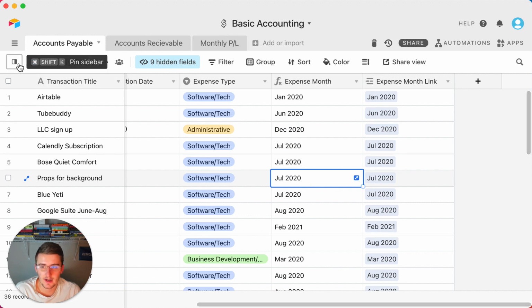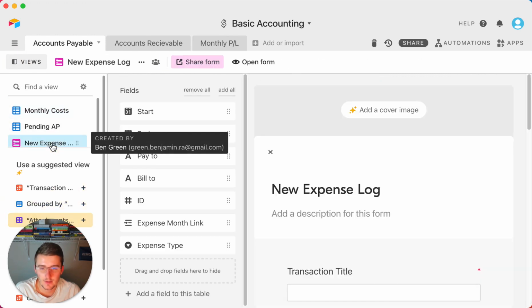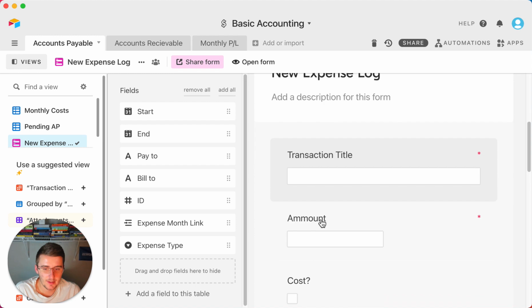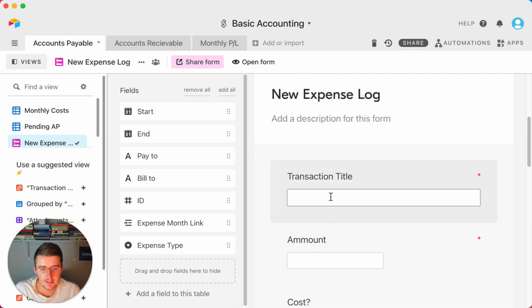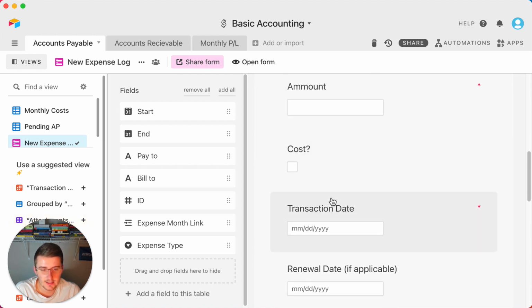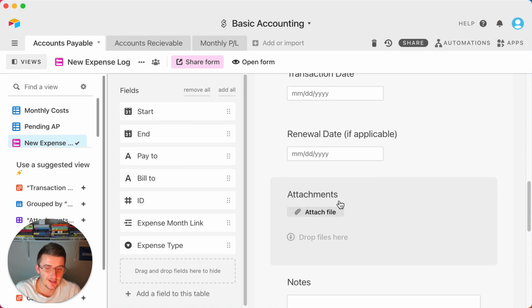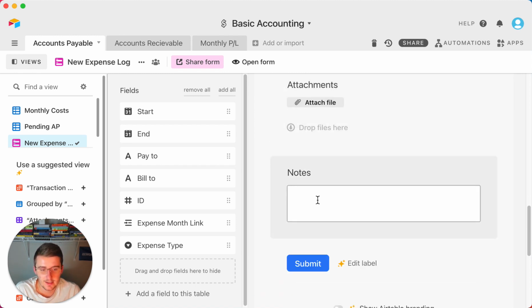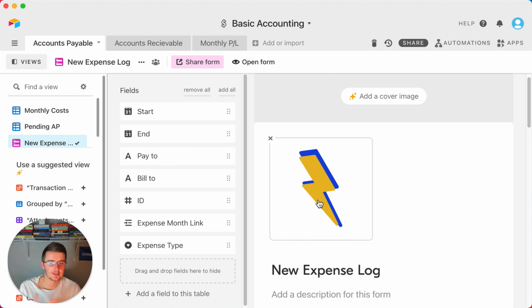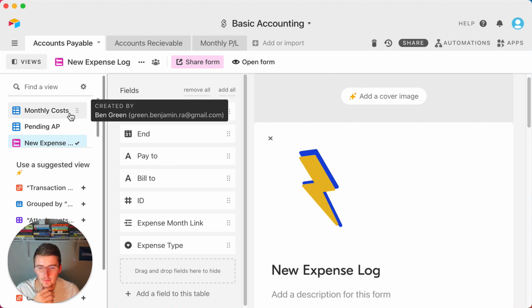So basically what I have in here is I just have a form. And whenever I come in here, I get this form and I fill in the title, the amount, was it an actual cost, transaction date, and I also can throw in any attachments in here and write any notes. And so I basically just have this attached to one of my bookmarks in Chrome,